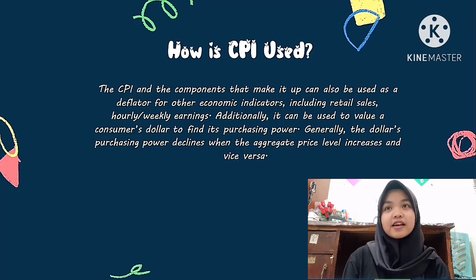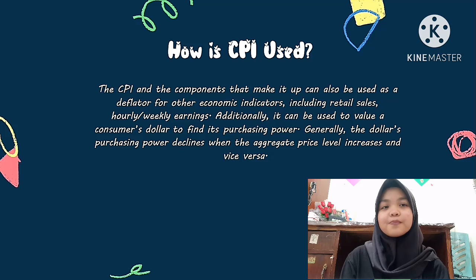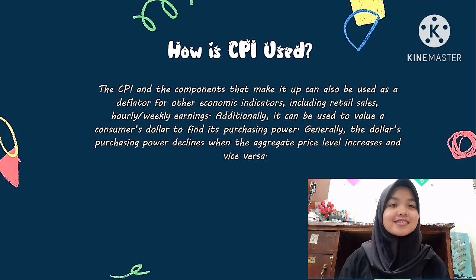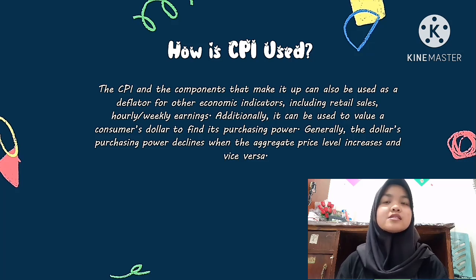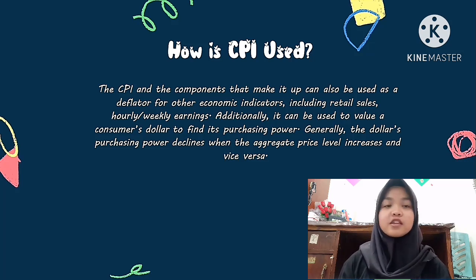The index can also be used to adjust people's eligibility levels for certain types of government assistance, including social security, and it automatically provides the cost of living wage adjustments to domestic workers. According to the BLS, the cost of living adjustments for more than 50 million people on Social Security, as well as military and federal civil service retirees, are linked to the CPI.